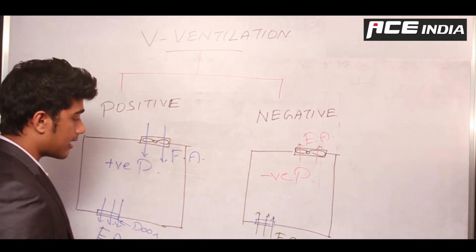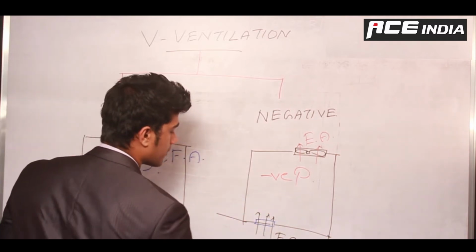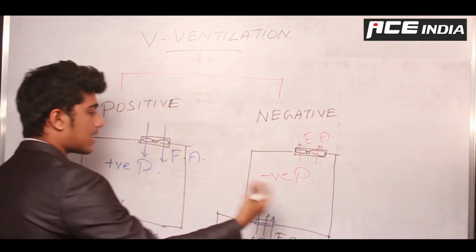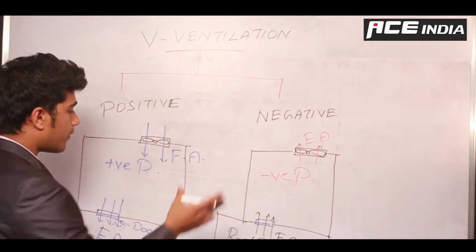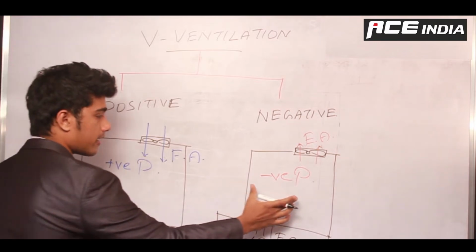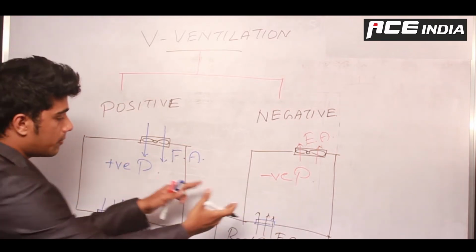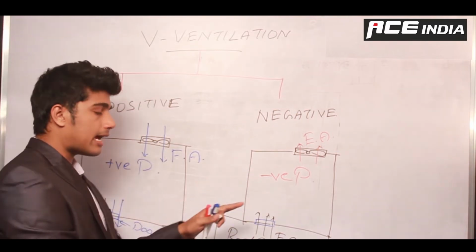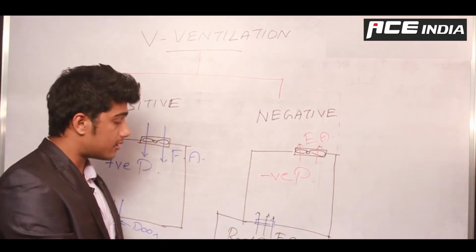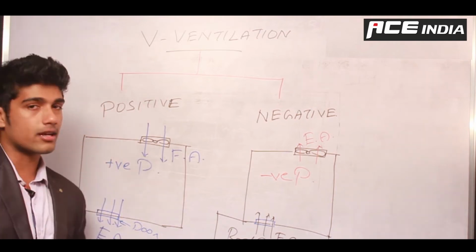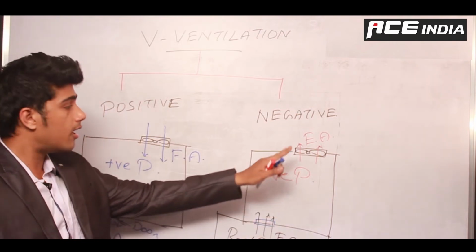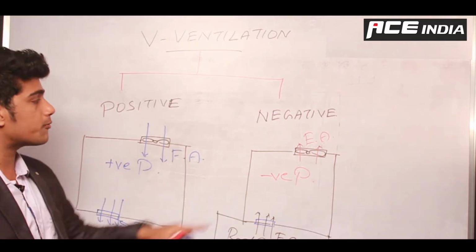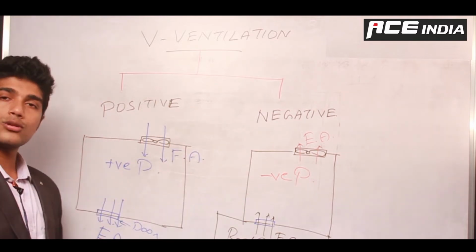The reason for that is that if this is a restroom, this space will normally be a bedroom, right, or another room which is actually occupied by some other people. Now if I go for a positive ventilation system in the case of a restroom, that bad smelling air will leak directly into your bedroom. That will be an inconvenience for you. So it's always better to directly suck out all the bad air into the atmosphere. That's why we go for negative ventilation systems in the case of kitchens, toilets or other kinds of facilities.